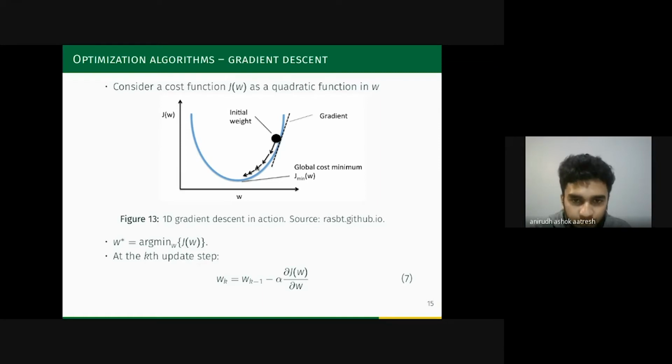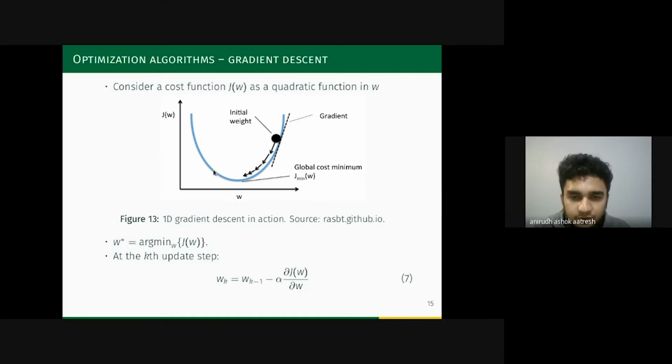Using this random initialization, we approach the minimum based on the principle that the minimum of a convex function can be obtained by progressing in the direction opposite to the gradient at that point. I'm giving a more intuitive approach to this, but there is a lot of mathematics behind it, and it is a very popular algorithm. A lot of papers cover it. If you are interested in the mathematics behind it, I strongly suggest you go through those papers.